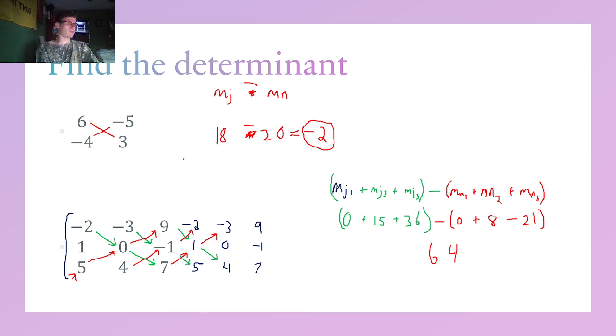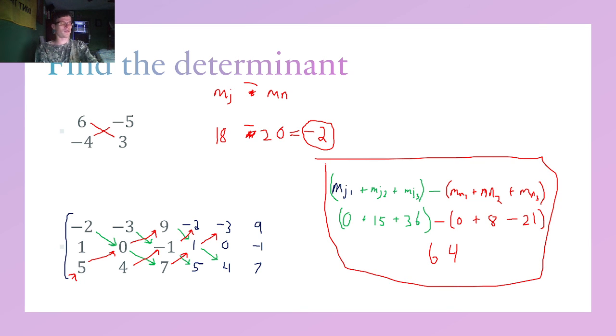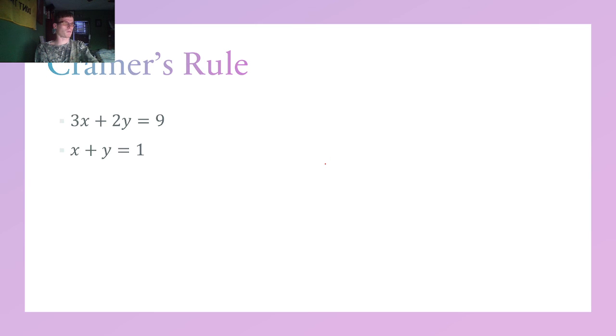I know it's a long process, but you will have to use this process when you are using Cramer's rule to find x, y, and z, or x and y. Cramer's rule. So let's start right off with that. First of all, we have to create matrix A, using the equation. So let's do that real quick. Matrix equation A, 3, 2, 1, 1. We're taking our x's and y's here, times x and y equals